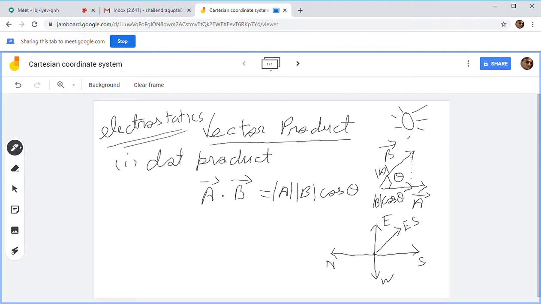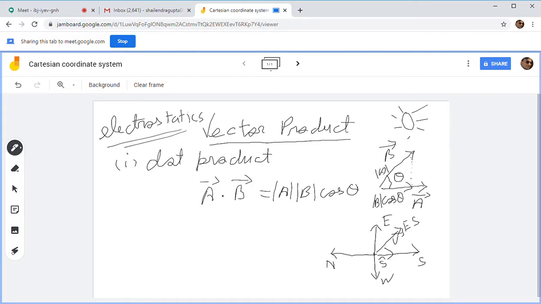So what you will do is take a dot product of your vector V, this, with your south direction vector. Let us say a unit vector. If we define the direction of south as unit vector S. As we have already discussed in the previous lecture, what is a unit vector? It just gives you a direction, nothing else.